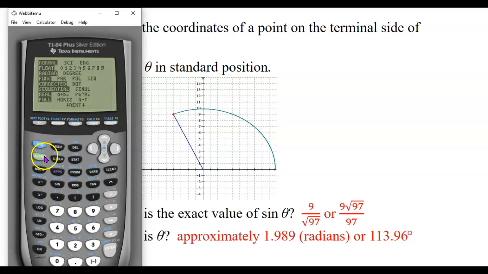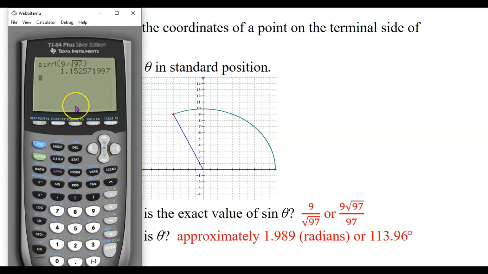So if I want the answer in radians, I'll just leave it like that. If I wanted it in degrees, I could change to degree mode. And if I ask for the arc sine or inverse sine of the number 9 divided by the square root of 97,